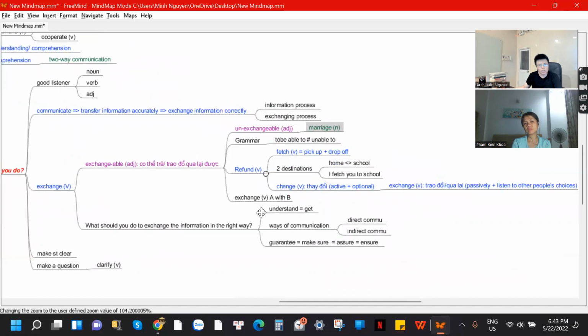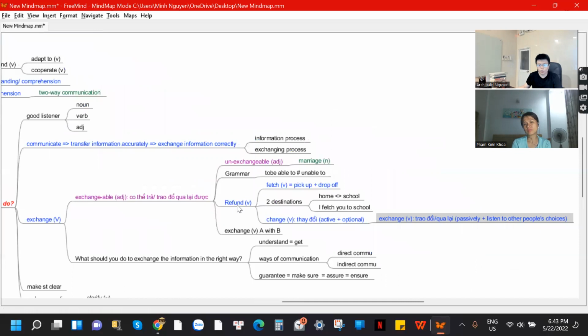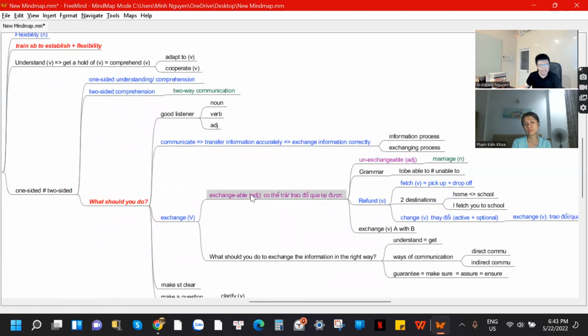So right here, you just finished the words change and exchange, based on the word refund. And here, the keywords exchange, exchangeable, unexchangeable. It has the form of grammar. When you go to school in Vietnam, secondary or high school, they teach you like noun, action, verb, adj, adjective,